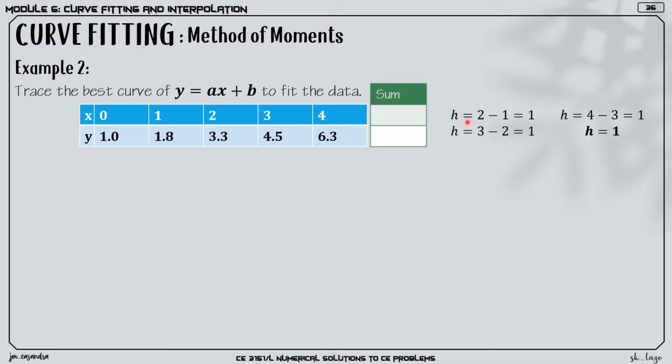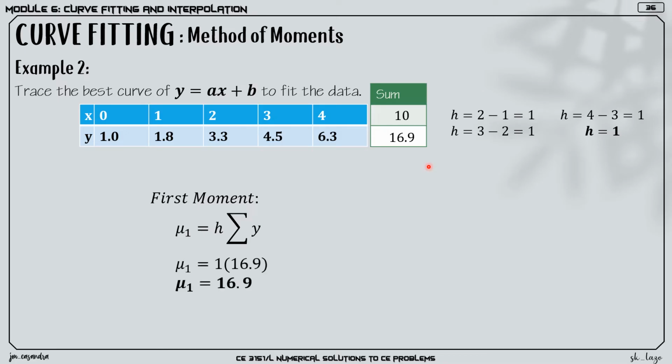For the first moment, we are required to solve first for the sum of our y, which is 16.9. For the first moment, mu sub 1 is equal to h times the sum of y. That's simply 1 times 16.9, which gives us 16.9. And then for our